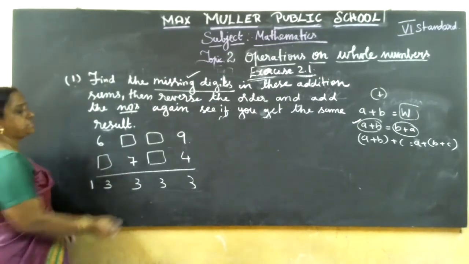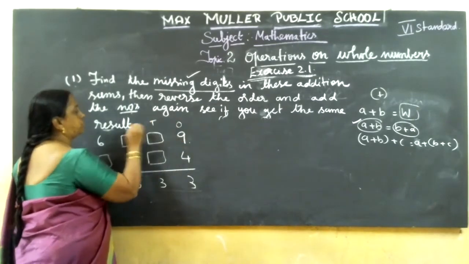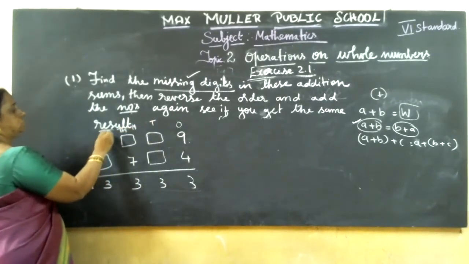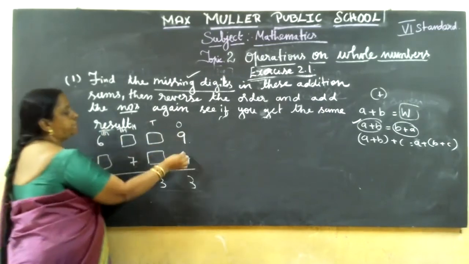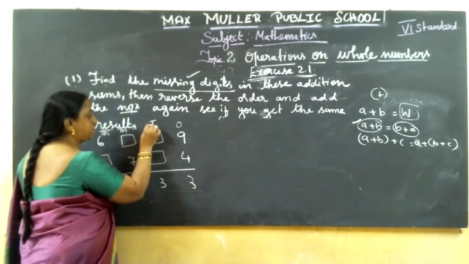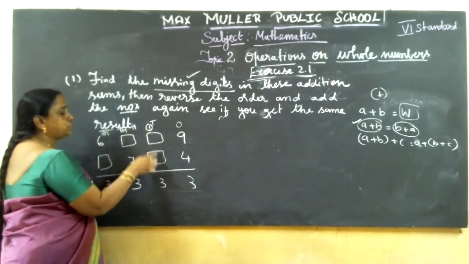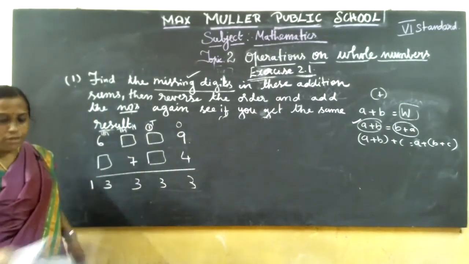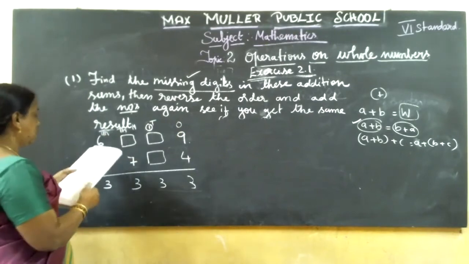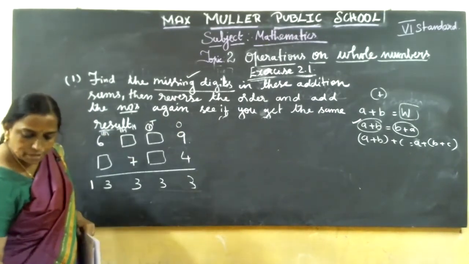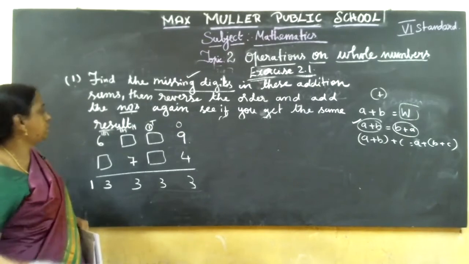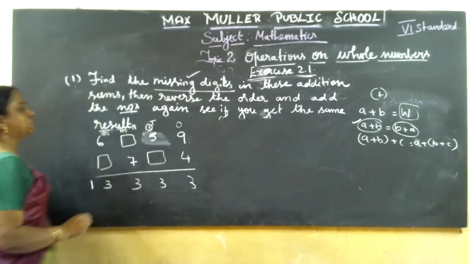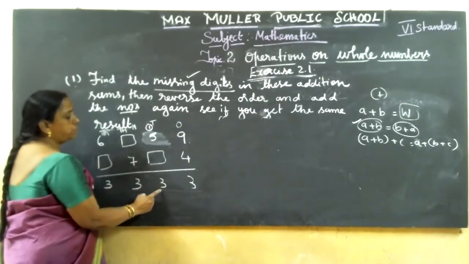So what number? See, first you start from ones, as I told you. Here 9 plus 3 is 13, 3, 1 carry over. So here which two numbers, if you add, will give 3? Understand? Now here also a number is given, 5. Here there is no dash, they have given the number 5. Here which number, if you add, will give 3?